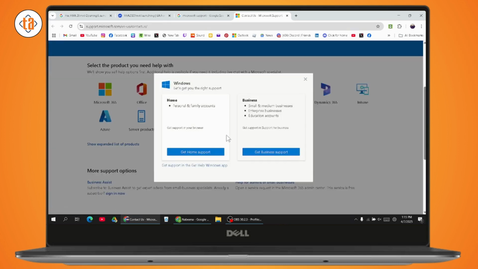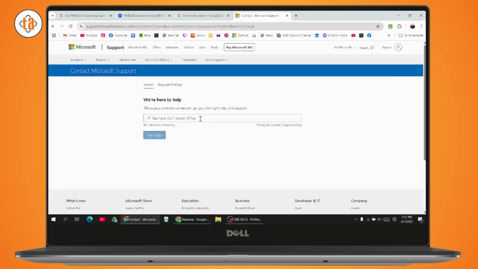So go with Windows and then go with Home Support or Business Support. And after that, select a reason and then go with Get Help and follow the process. Go with the on-screen instructions and you'll be able to send a report. And in this way, you'll be able to fix your